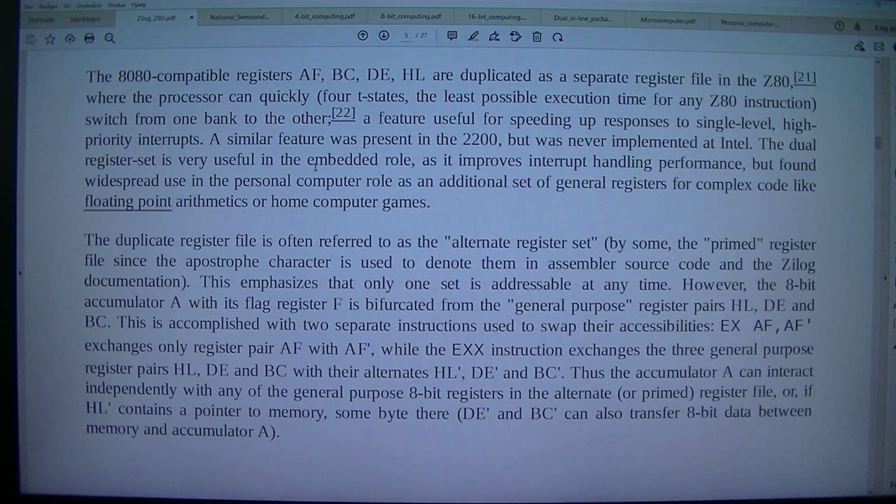A similar feature was present in the 2200, but was never implemented at Intel. The dual register set is very useful in the embedded role, as it improves interrupt handling performance, but found widespread use in the personal